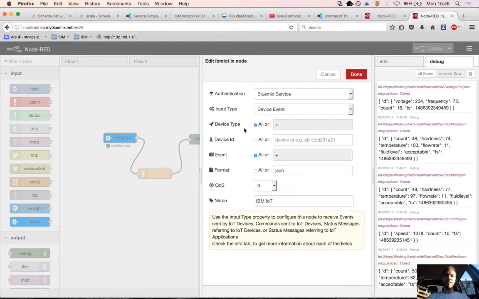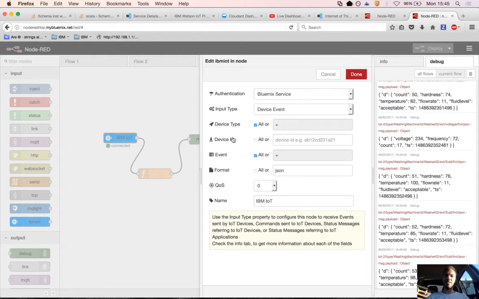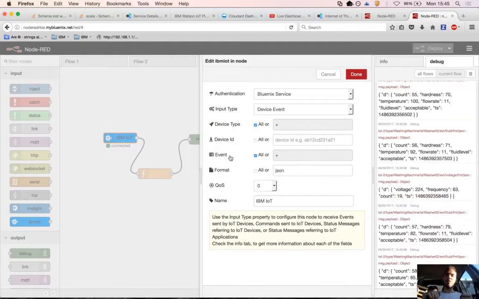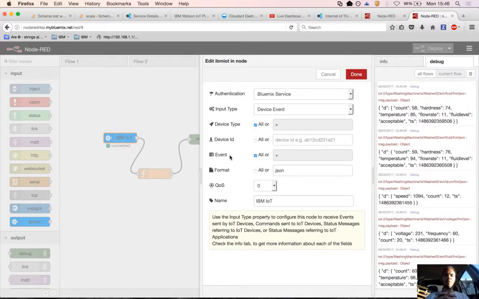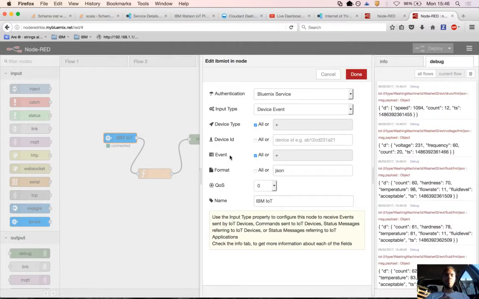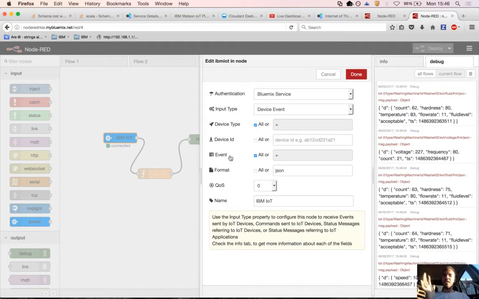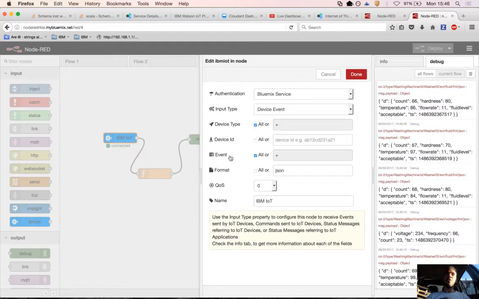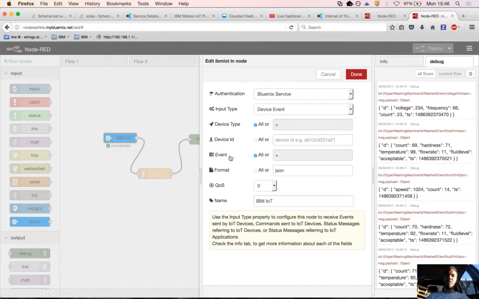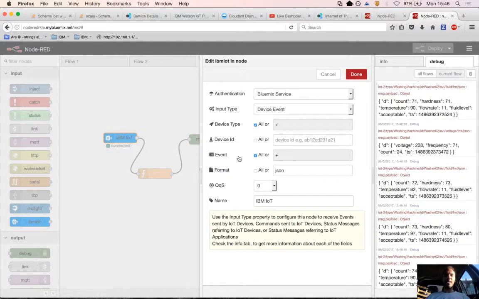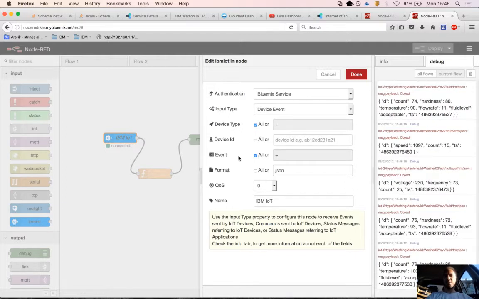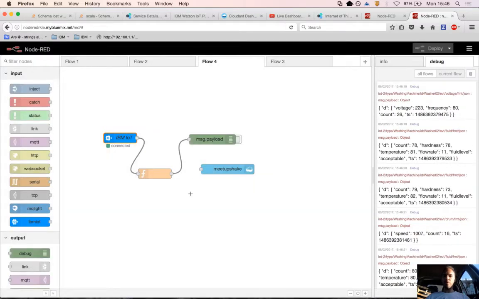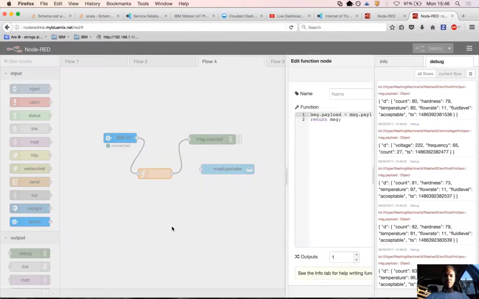Of course, I can filter by device type, or by device ID, or by event type. So that means if I have, let's say, 1,000 washing machines, and I'm only interested in water temperature events, or let's say in current events, I want to detect anomalies on current. So in case I have 250 volts instead of 230, I want to raise an alert. I can subscribe only to current events, for example. But I'm subscribing to everything here. What I do is, I'm using a little